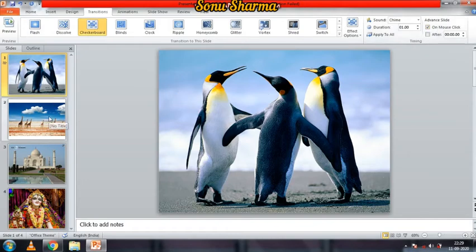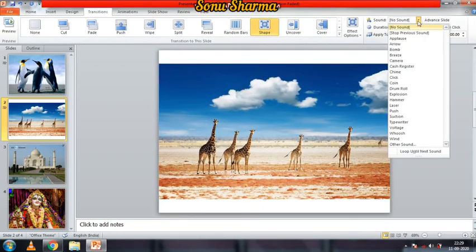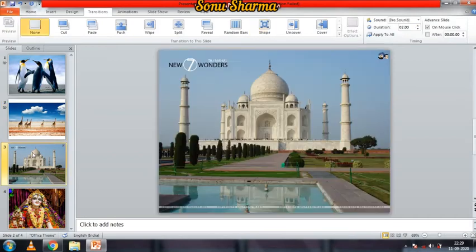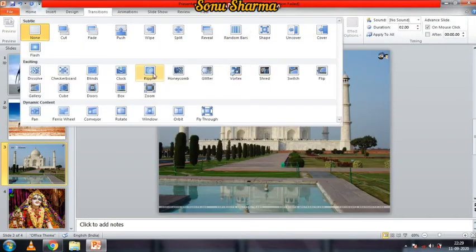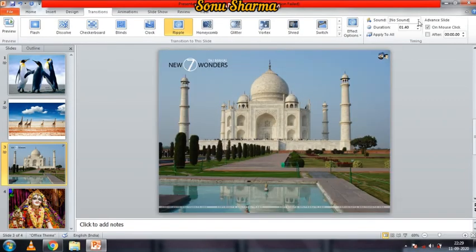Suppose I select the next slide and give another style of transition like this, and give the sound, drum sound. Then I increase the timing. Then again for the next slide, I give the settings like this and give the sound.